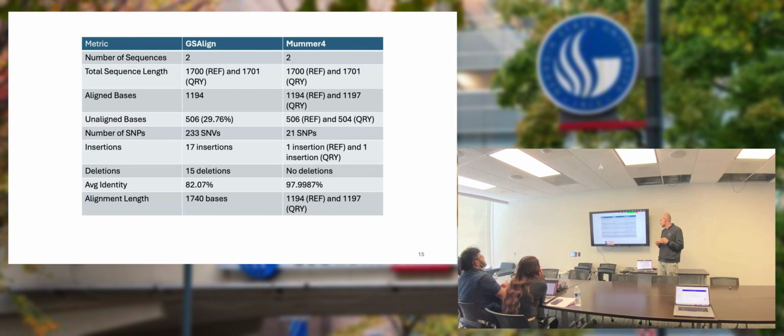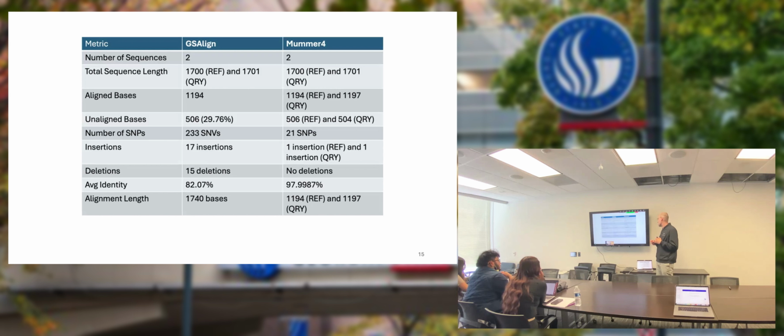Because I copy pasted from the output itself, from the output of the tool. So that's why it's different, but yeah, these are SNPs. And so then I got a different number of insertions and a different number of deletions. And so the average identity,